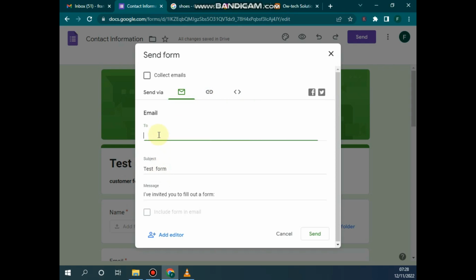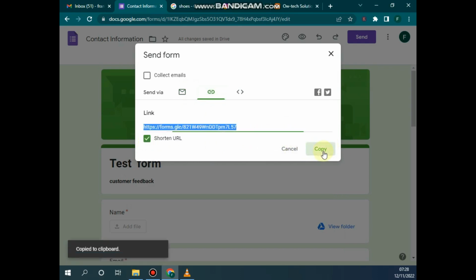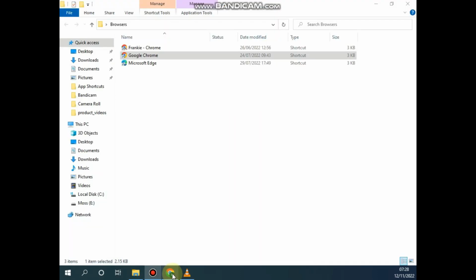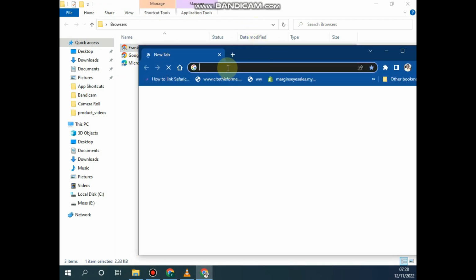If you want to send it to quite a number of people, it won't be a good idea to do it from here. You'd have to copy the link to this, which can be shortened. So if I shorten that URL and copy it and then share it, I'm going to try and open this with a different Chrome profile and see what works and how that goes. So if I paste my form here